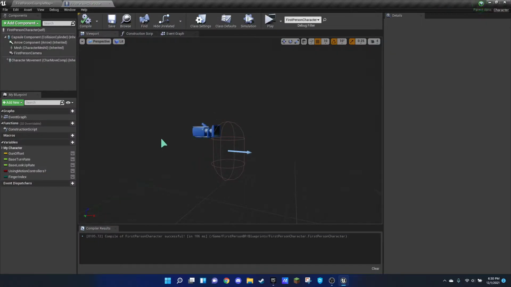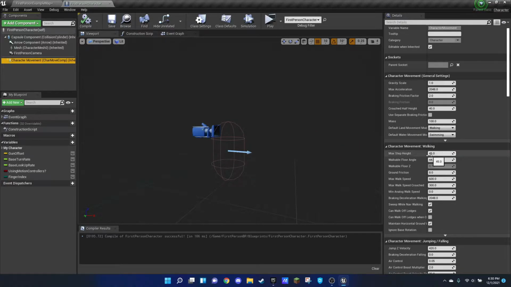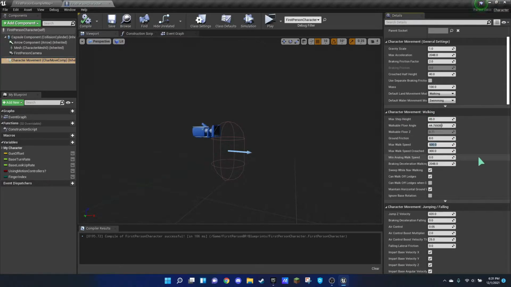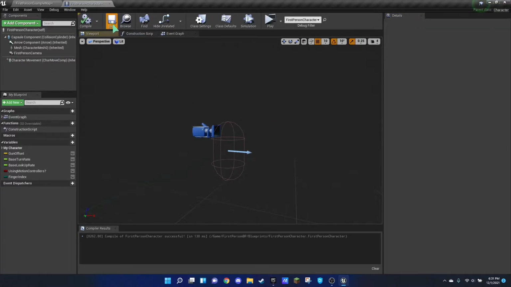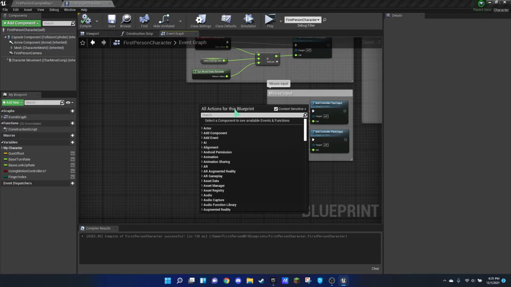But in Dark Deception, you run from monsters. And how are we going to run if we can't run? Obviously. So we're going to go to walking, right here, character movement walking, make sure you see that. And we're going to change the walk speed to about 200, make the max walk speed crouch to 100. Then we will compile and save it, go to event graph,